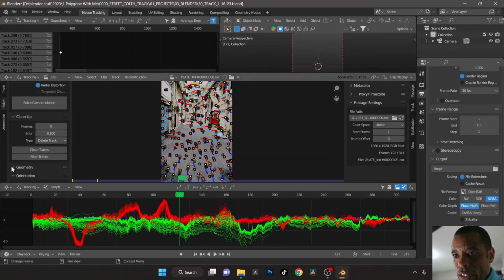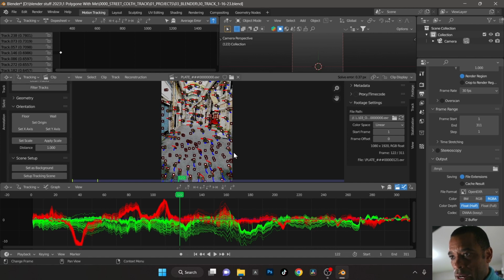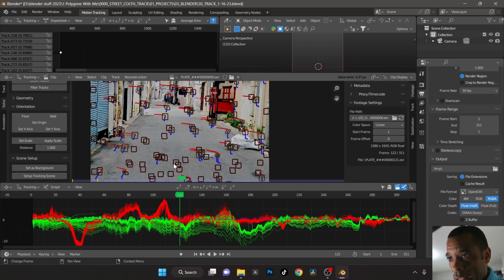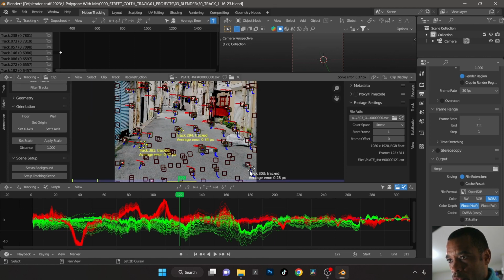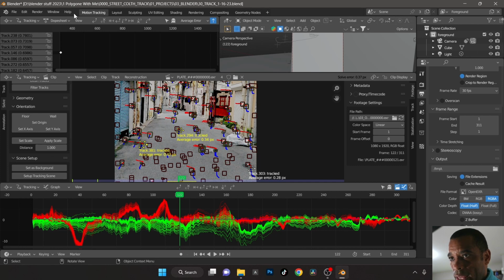So what I'm going to go ahead and do is come down here to the bottom. We got to select our origin point, and I'm going to select something around here because I got the data for that zone right there. And then again, I need to select 1 point, and we need a ground plane. So we need 3 points for our ground plane. 1, we'll go 2, and we'll go 3. And we'll say that's going to be the floor. And then what we want to do from here, set background, set tracking scene,